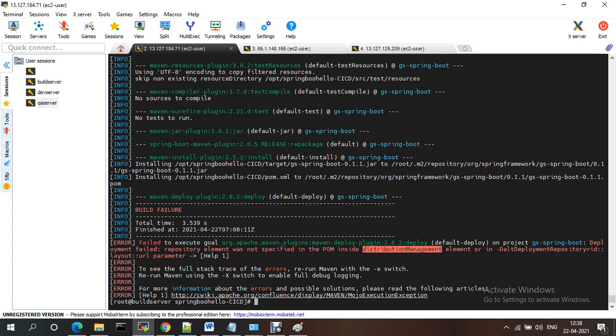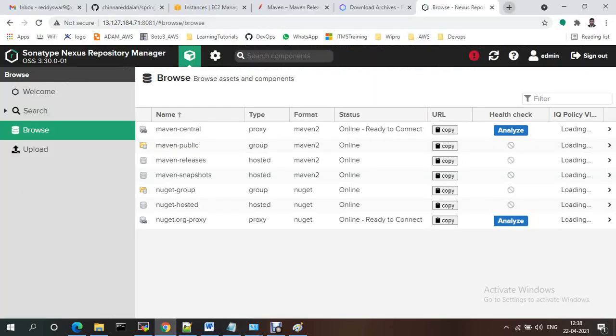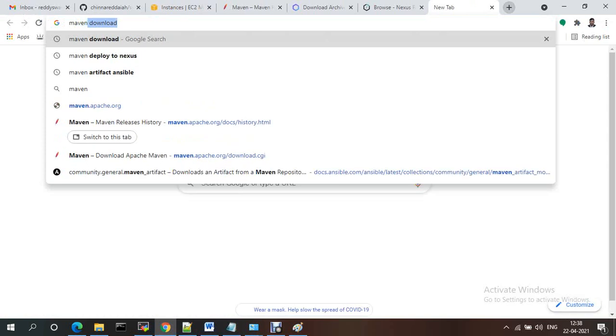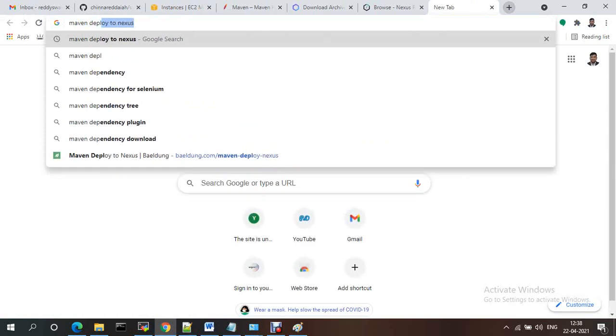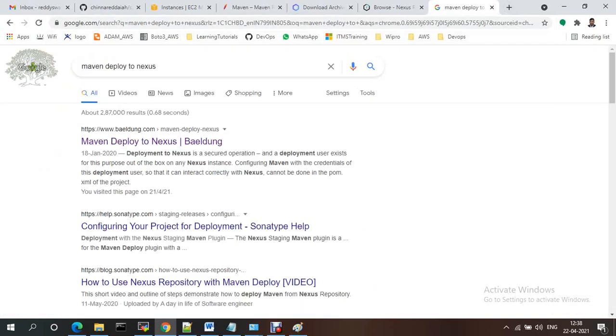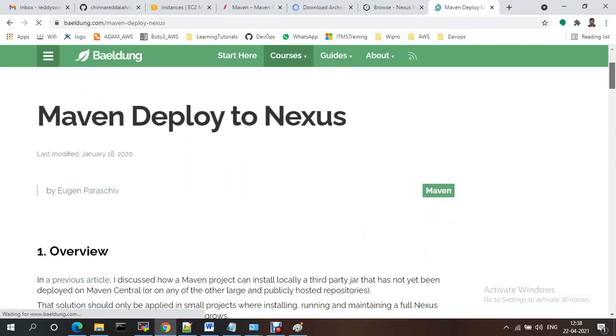We need to add distribution management. Under this you just need to provide the snapshot URL and the release URL. You just need to add the distribution tag.